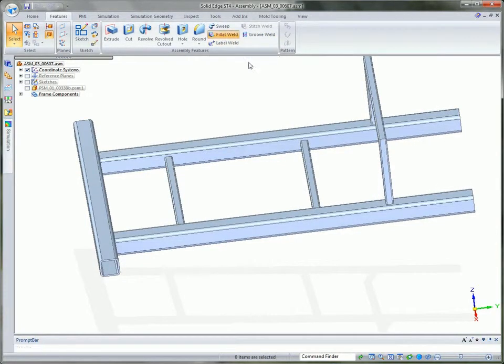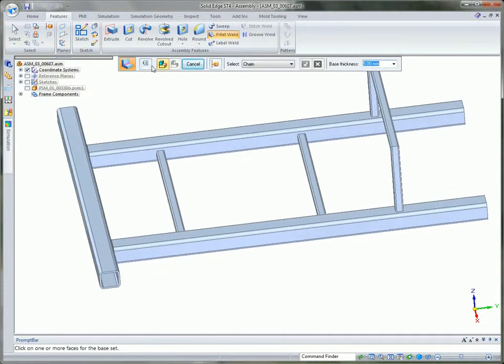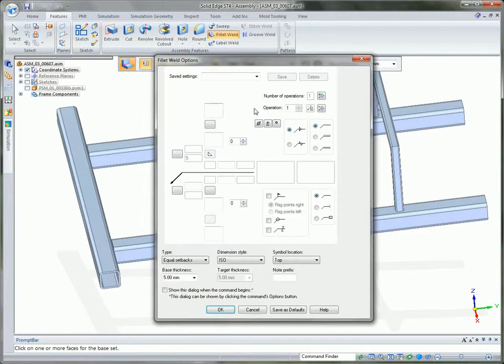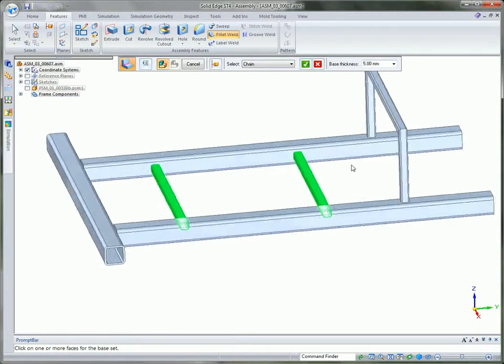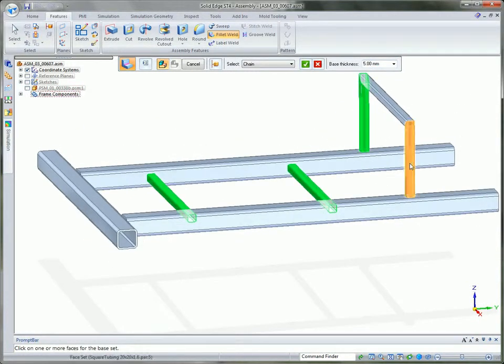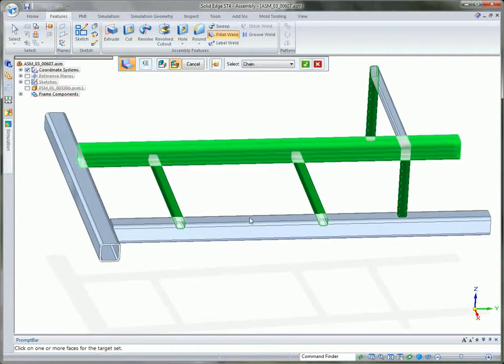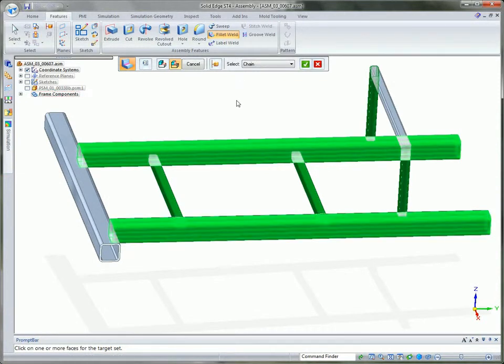So I'm going to go ahead and click on the fillet weld option. And any time that you select an option, you also have several options where you can pick and choose different types of weld symbols for the particular operation that you're using. But in this case, we're just going to go ahead and select these two cross members, and then these two members that are attached to the 50 millimeter, and then simply by selecting those 50 by 50 square